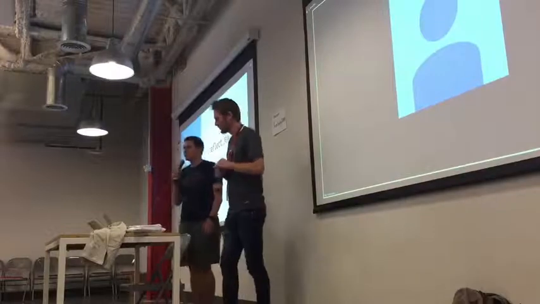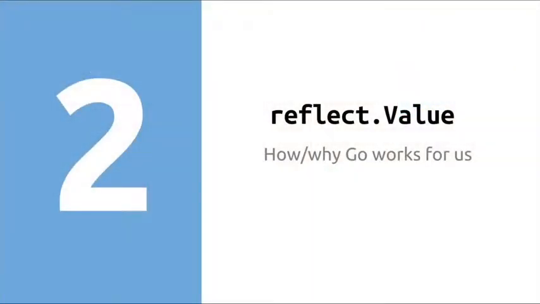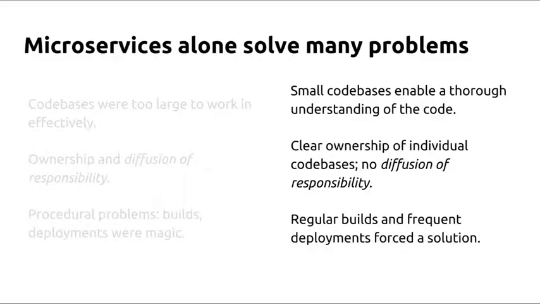So that will hopefully give you some context on where we're coming from, where we were in 2015, and this is going to drive us forward in reflecting on how Go was able to solve those problems that we noticed. So first of all, it really wasn't Go. Like Tyler was talking about with microservices and Node, they really solved a good number of these problems that we had. For example, our code bases were dramatically smaller. And as a result, they're easier to work with.